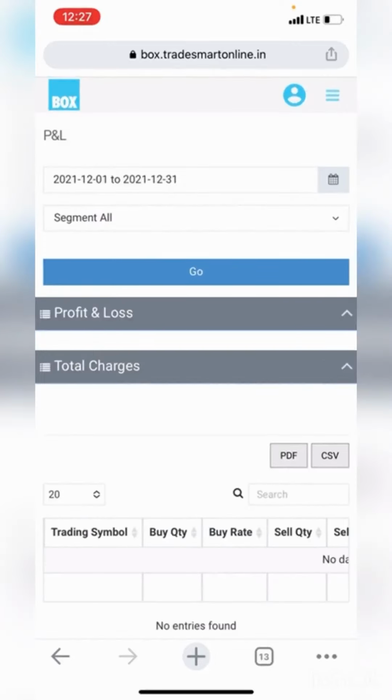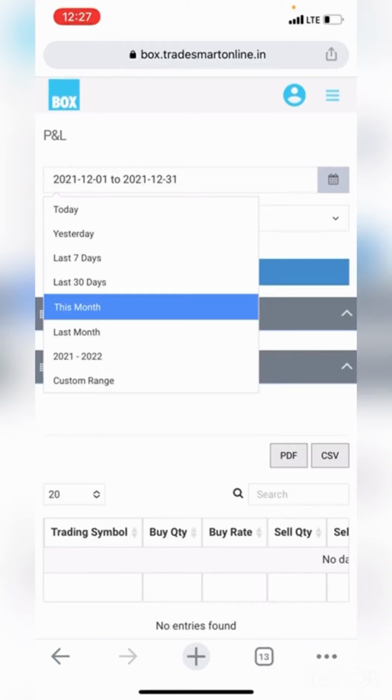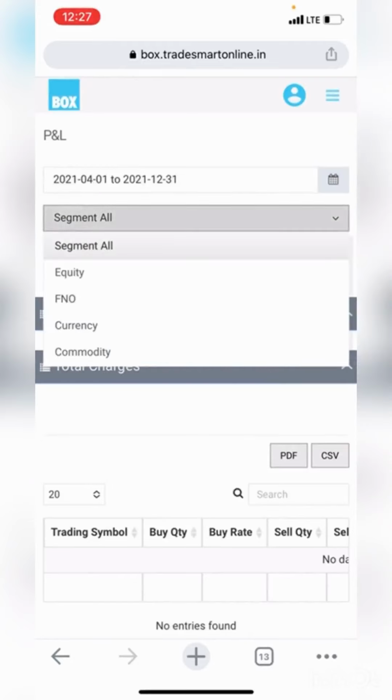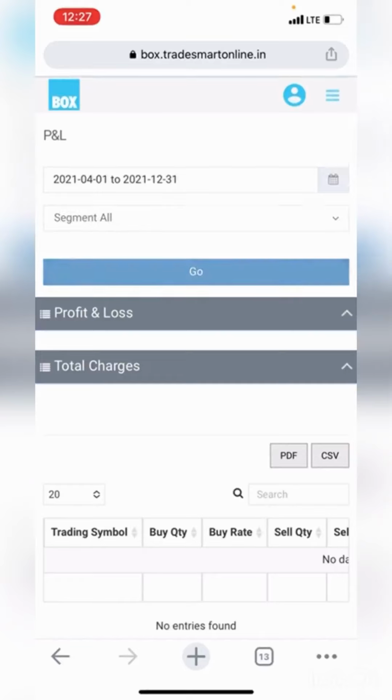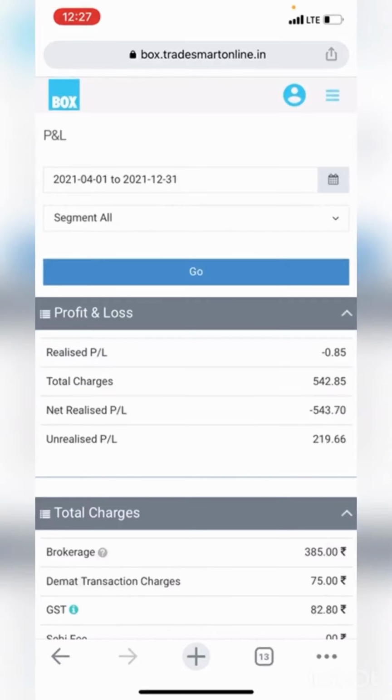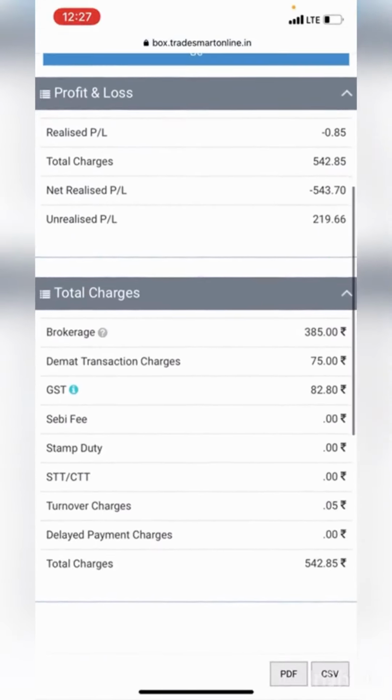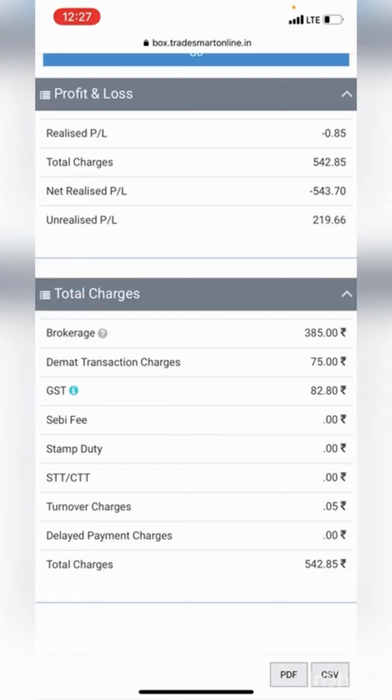Next is the P&L report. So P&L report can be checked to know your earnings, that is profit and losses, and also to know the overall charges. Now, similar to ledger report, you need to first select date. Next, you need to select segment, so you can choose a particular segment. If not, keep the default option as segment all and click on the go option. Once the P&L report is generated, you shall see a similar screen where you can view two tables.